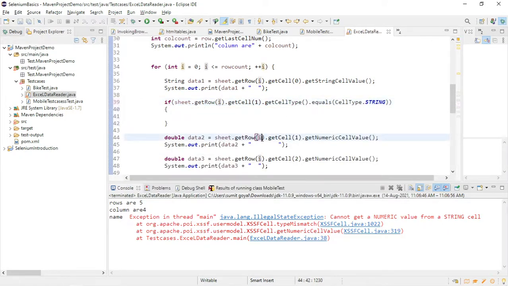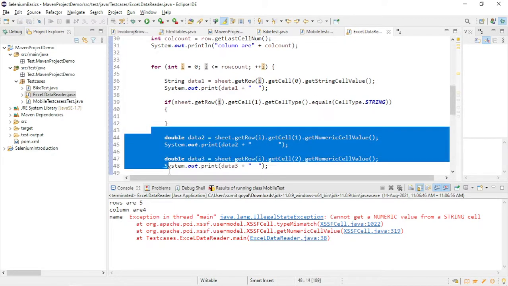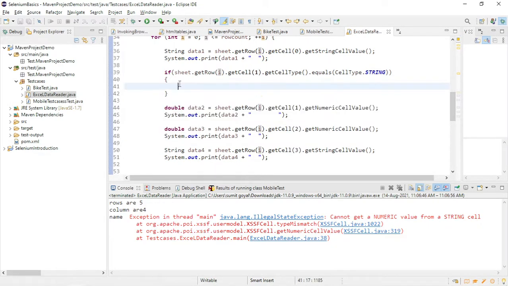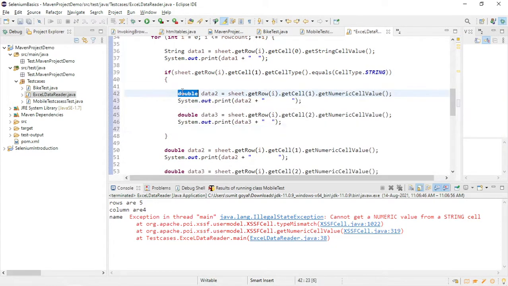Now if I try to write, if it is equal to string, then what I will do, I will copy these two lines inside this one and I will write a string here. If both are string, then we need to run that string one.